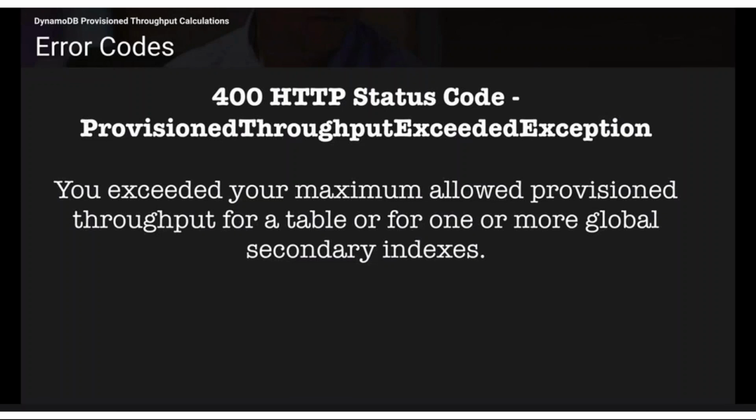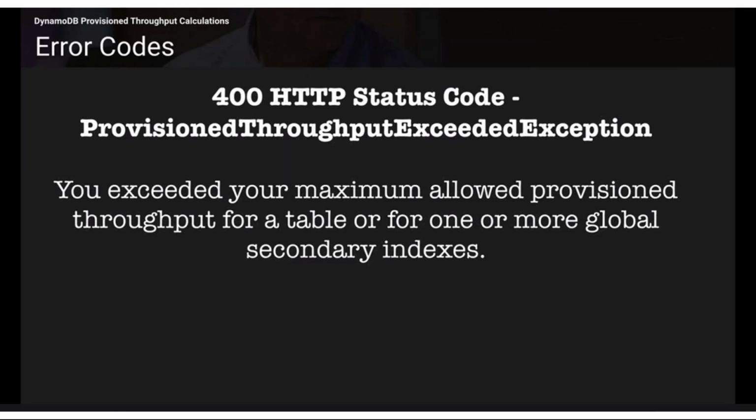Now let's say you have provisioned 5 read capacity units or 5 write capacity units for a specific table. Okay, but you are unable to make use of it, or it has actually throttled that. So if you're trying to exceed the number of read capacity and write capacity units, then you're going to get this error. So your database will not be able to write the data to that table because it doesn't have sufficient read capacity and write capacity units. So what happens in that case?